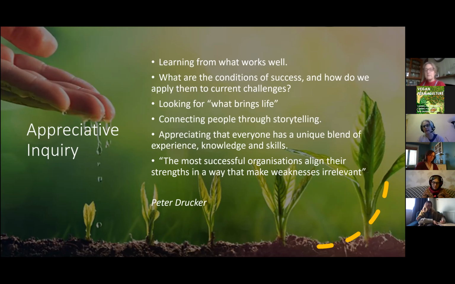The fundamental aspect of it, which aligns it nicely with permaculture, is what brings life. What brings life to you? What brings life to your community? What brings life to your project? So that's the central tenet to what appreciative inquiry is, looking to what brings us alive, or an organisation alive, or a community alive. Connecting people through storytelling, as I've already said,